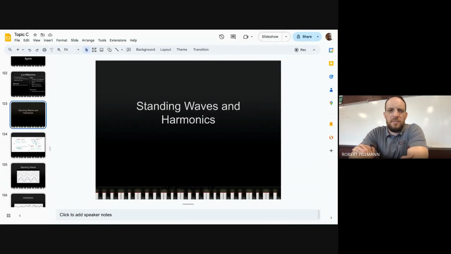Hello, IB Physics students. We're going to be looking at standing waves today, starting topic C.4. I'll go ahead and give you some illustrations of what a standing wave is, some visuals, and then we'll take the notes and end with some example problems. So if you look on your screen here, standing waves and harmonics,